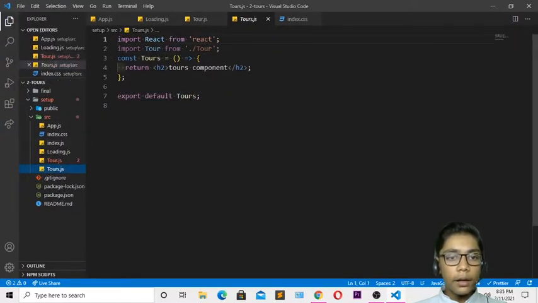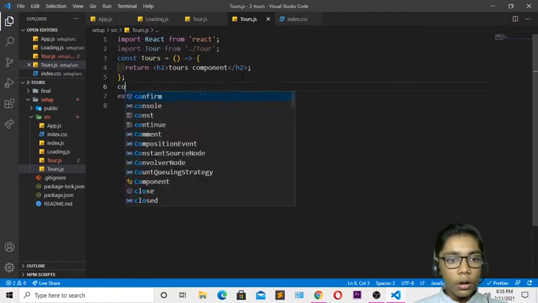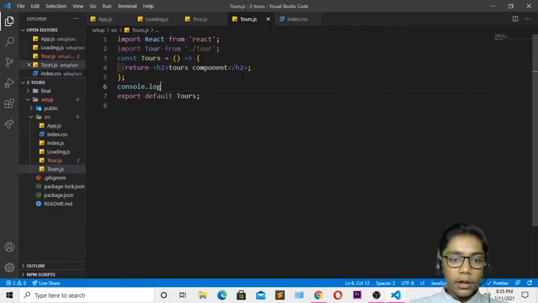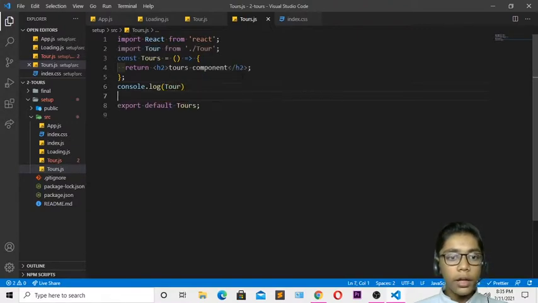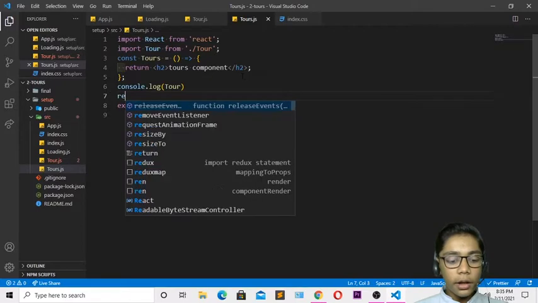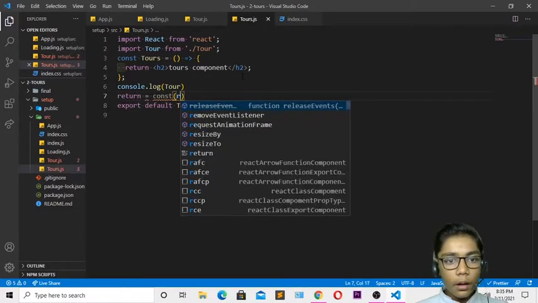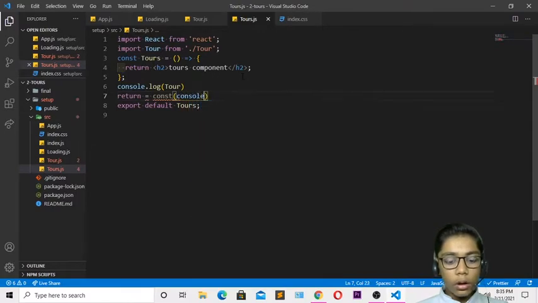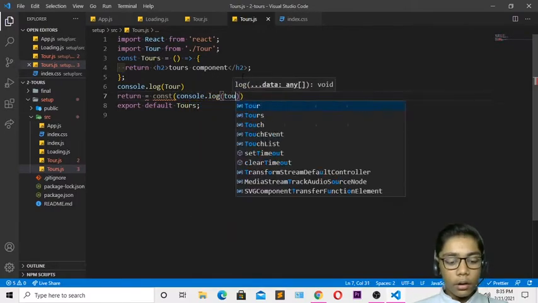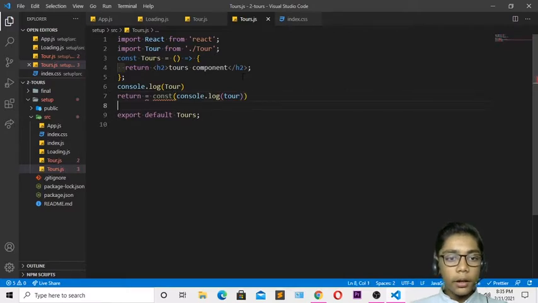Then you have to go to your file again. Over here we are in our second file, then you have to create over here another thing which is called console.log, because we have to link all these things by writing this console.log tag. Then I will be writing my file name and I will be erasing this string because now I don't need it. Then come over here again and I will be writing return equal const, right over here just write console.log and write over here all. So now when you've done that, you have to come over here and erase this because now we don't need it. So you have to erase this also. So now it is done.